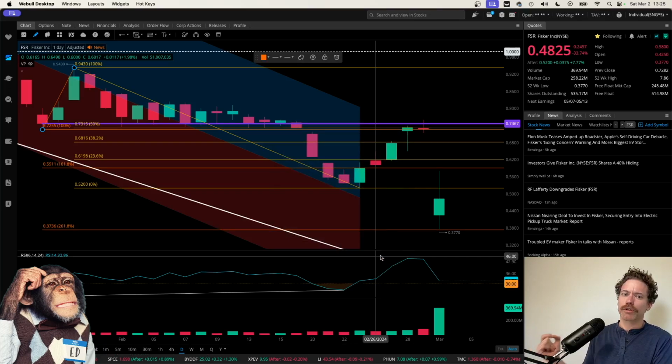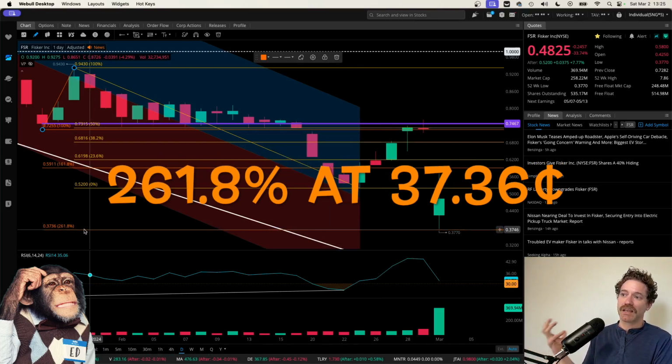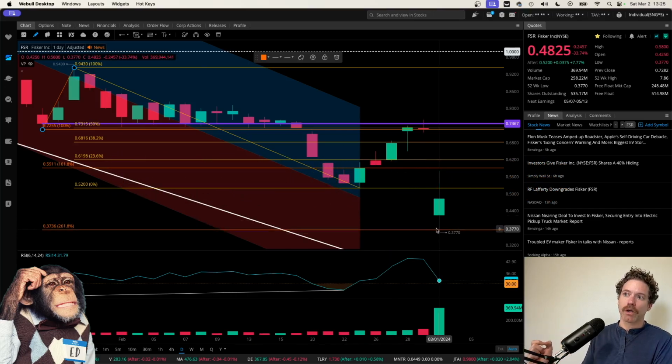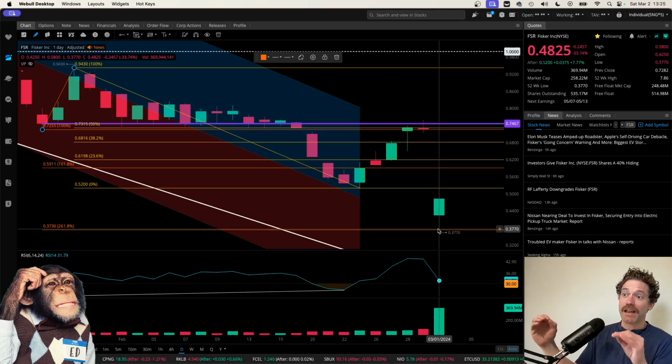That to me is pretty remarkable that it lands at 37.36 cents, just below the low that we saw of 37.7 cents. So to me, that's mind-blowing, and it really strikes me how beautiful this Fibonacci retracement is, these ratios, these percentages, and how these patterns are repeated. I just find it fascinating that it seems to line up almost perfectly with the low that